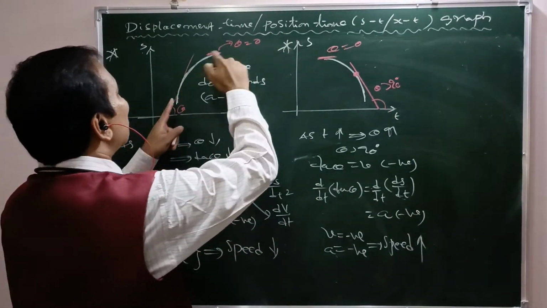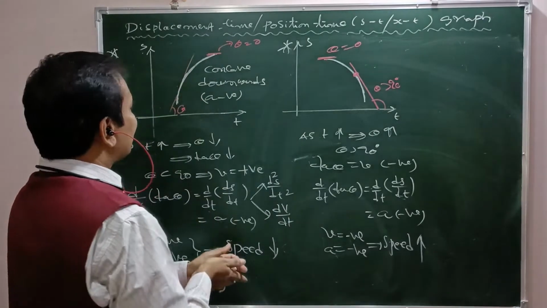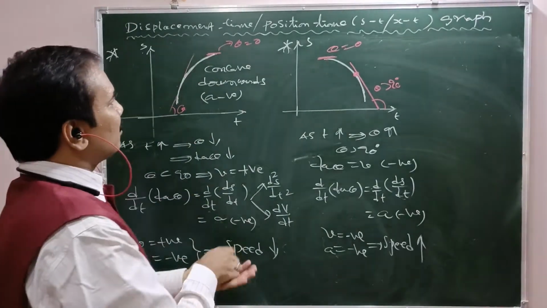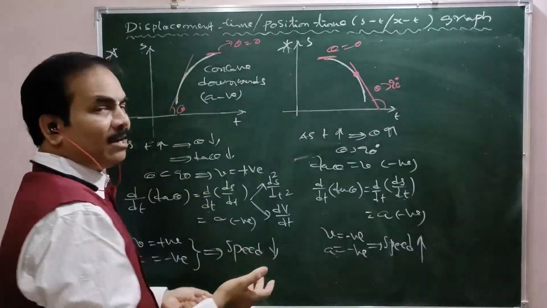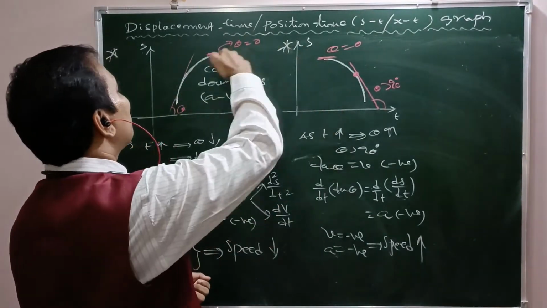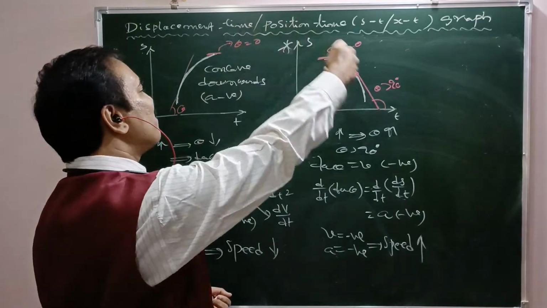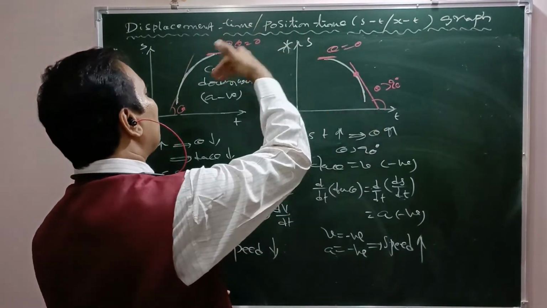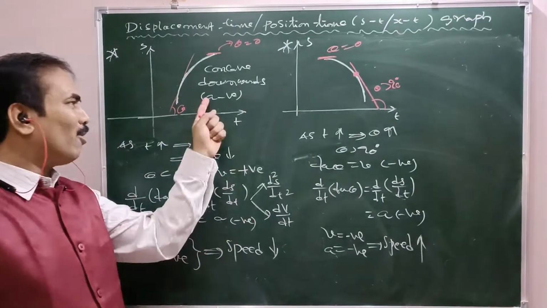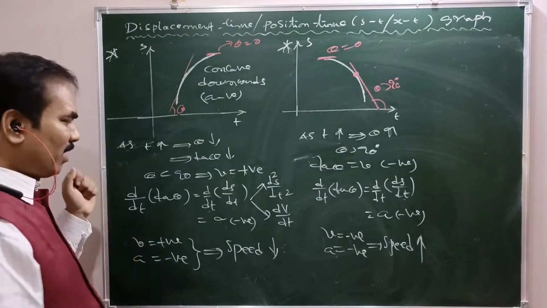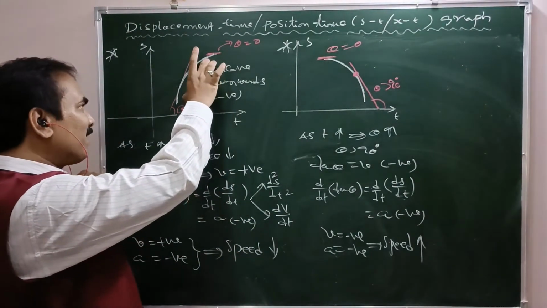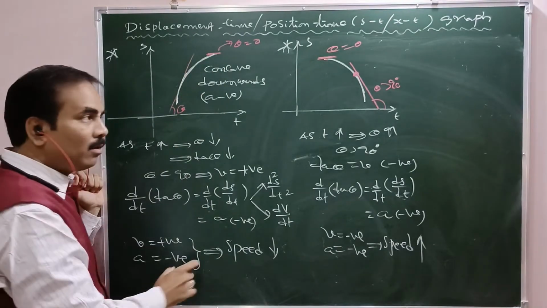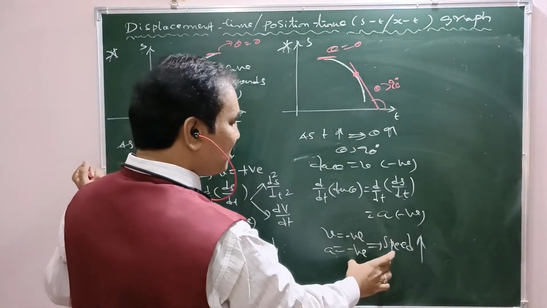Now, what is the common factor in both parts of the complete diagram? See, this is the complete diagram. If I extend it, this is half of the portion, and this is the remaining portion. If I club both, what will you get? This is the complete shape, symmetrical and concave downwards. So in both diagrams, one factor is common. What is that factor? Acceleration. For this previous part, acceleration is negative, and for the next portion also acceleration is negative.